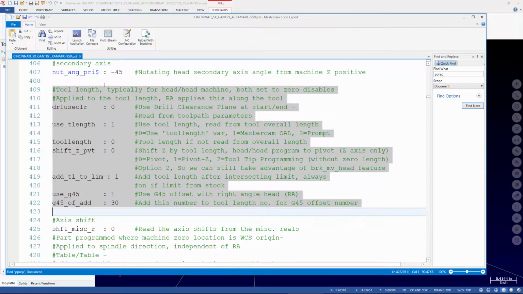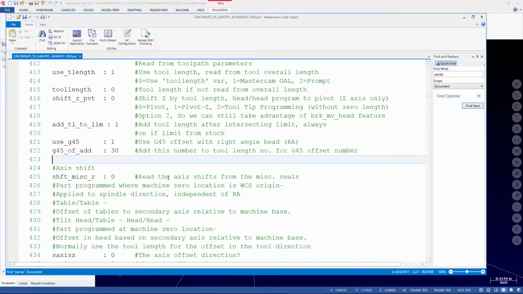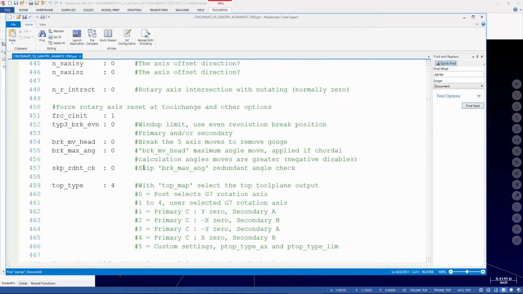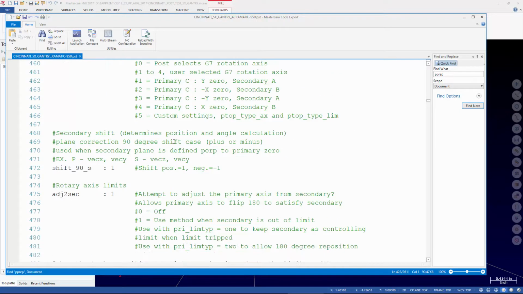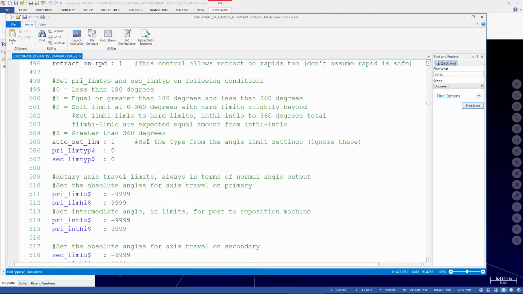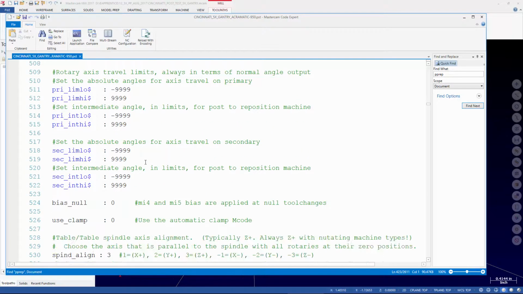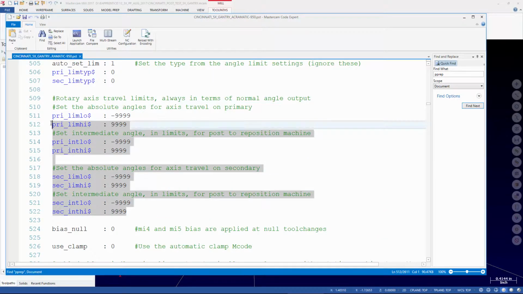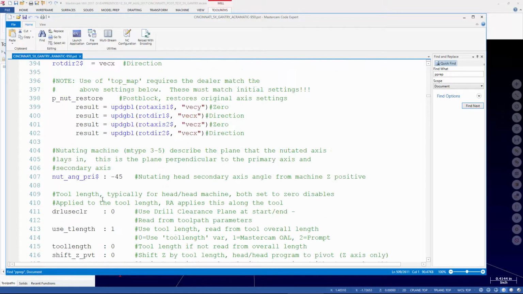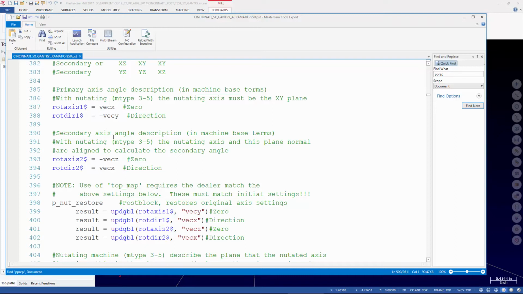So we've got the length options turned on and set. Now we need to worry about setting up our rotary axis limits. When you first start building the post processor, the first thing you're doing is always setting the vector directions. Don't set your rotary axis limits until after you make sure your rotary axis and rotary direction variables are set